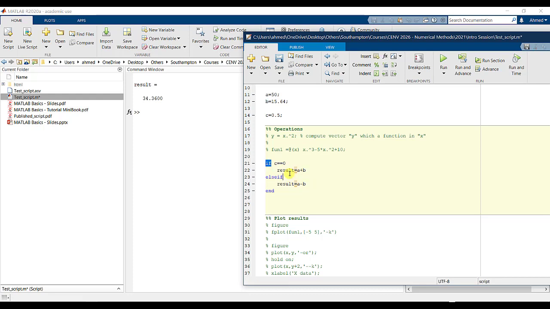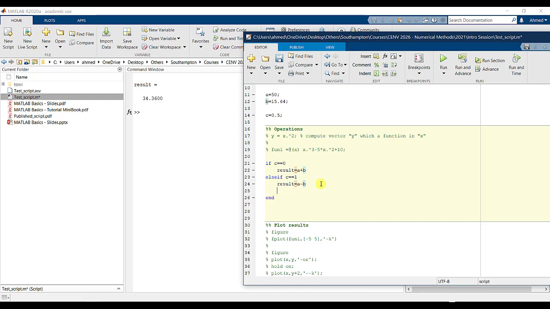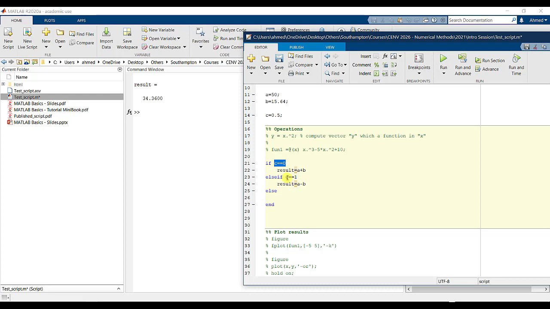Else, if, so I want to say else if c is equal to 1, do that. And then else, so if c is not equal to 0, and c is not equal to 1, then what should I do? Then this means that the user specified something different than that, then perhaps print error on the screen. That's it. So now if I put 0 again, I get the addition. If I put 1, I get the subtraction. If I put something different, like 1.5,